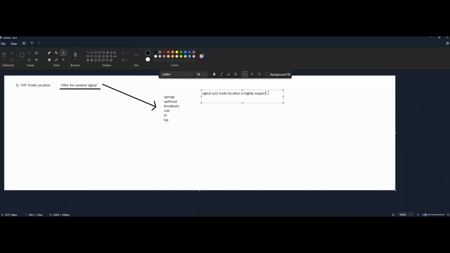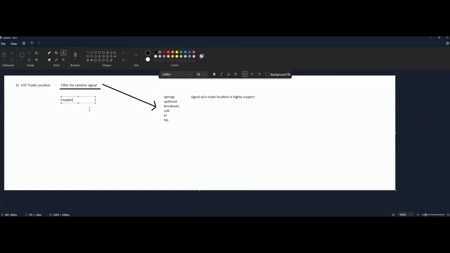All right, now, I don't know how else to say this. So because trade location is kind of like a filter on the random and the ones that work, to filter out a lot of the random ones and a lot of them that just don't work. I don't know how else to say it. I think I made this point abundantly clear. The second thing is